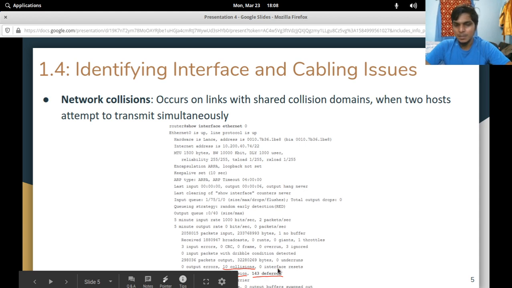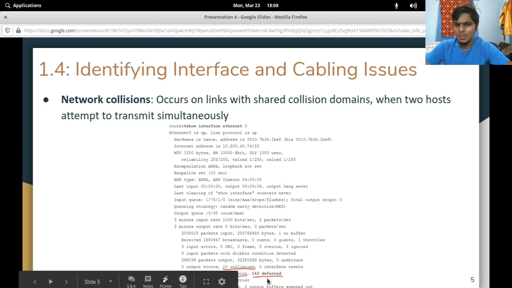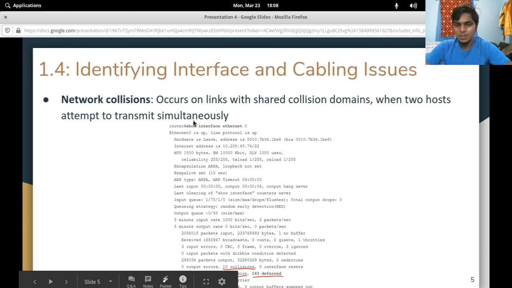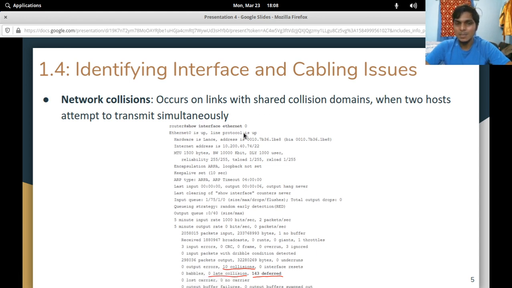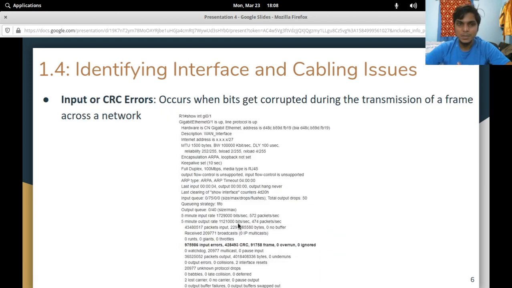We have the counters incrementing here. I don't know if I mentioned counters last class, but basically all of these numbers here are counters. A counter keeps count of something. So when you hear someone say check the counter, this is what you're going to do. You're going to run a command like this, maybe not this exact show interface and the interface name, but something similar, and you're going to be looking at a number like this. For instance, the CRC counter here is 0, whereas the collision counter here is 10. So network collisions are just one issue that we may come across.